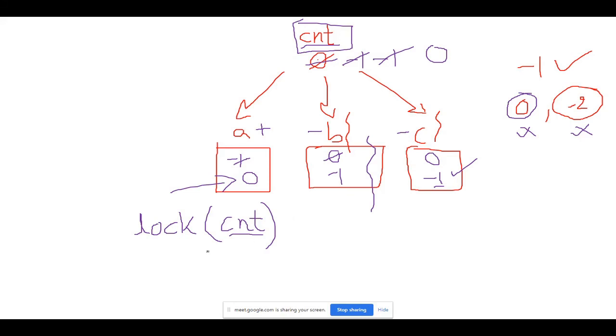So how can we achieve this through our program? How can I acquire lock on a shared resource to prevent simultaneous updation? This is possible in Java with a keyword, and it is synchronized.